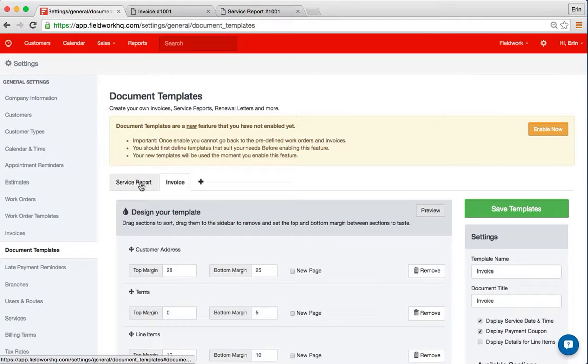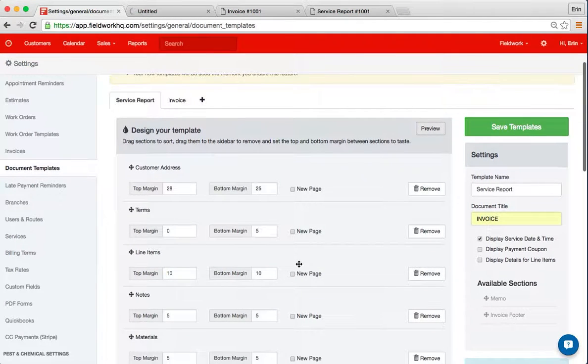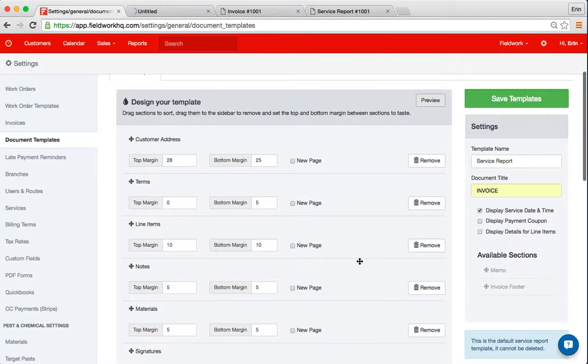In changing the service report, for instance, if you always want to send your customer an invoice, I recommend naming the service report also invoice, and as you then preview that document, you'll notice that it will match the label I've given it in the customized settings. So as that's loading, I'll take out a couple other things here. If you always hide the accounting or invoice line items on your service report, you can remove those, and then also,